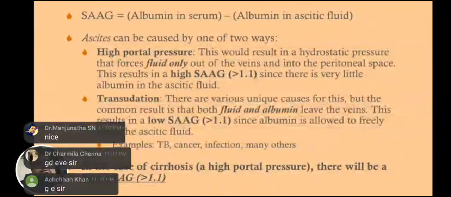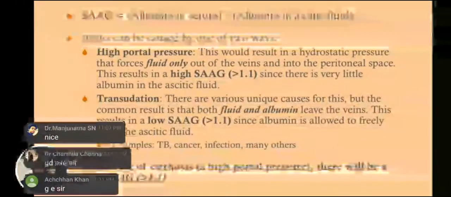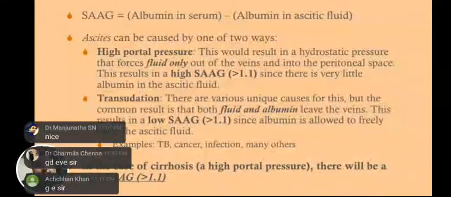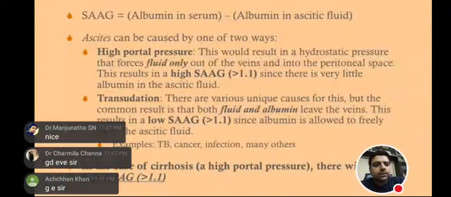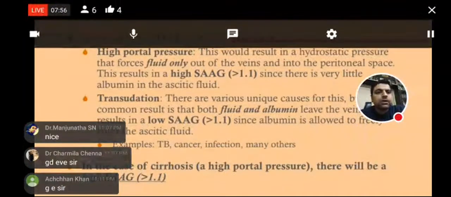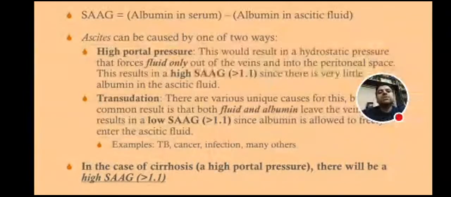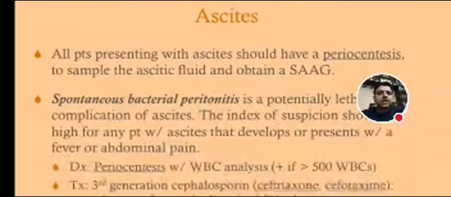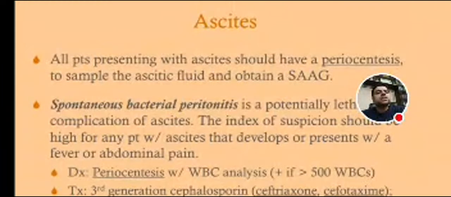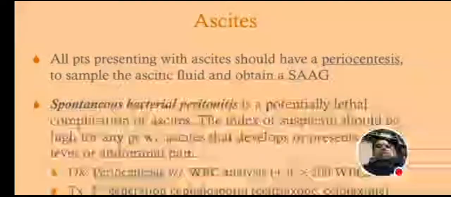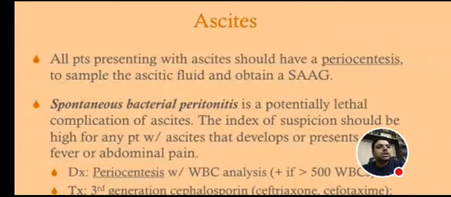Low serum albumin gradient we find here. Okay. So in case of cirrhosis, with high portal pressure, there will be a high serum ascites albumin gradient. Okay. Now, ascites. All patients with ascites should have paracentesis to sample the ascitic fluid and obtain a serum albumin